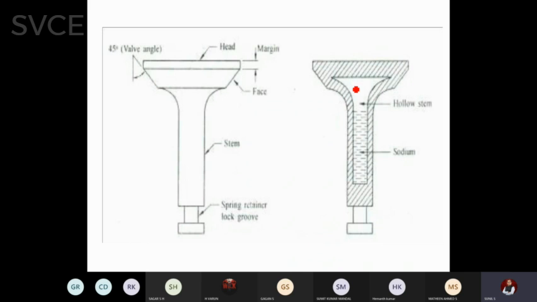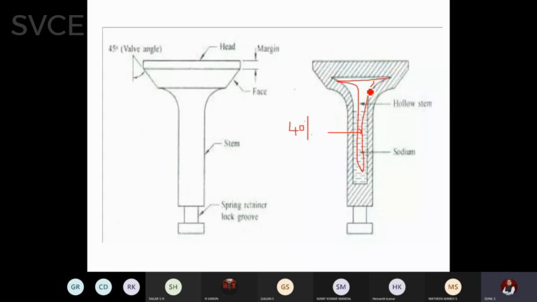What happens when this valve enters inside, if the temperature exceeds a certain limit? This portion is made hollow, and sodium salt is filled into this valve, to 40% of the volume of this empty space. For example, say it is 0.1 meter square area, 40% of that will be filled with sodium salt. Whenever the temperature exceeds, the excess temperature will be taken away by this sodium salt. It is a solid salt; it gets converted into a semi-liquid and it will occupy the complete area.